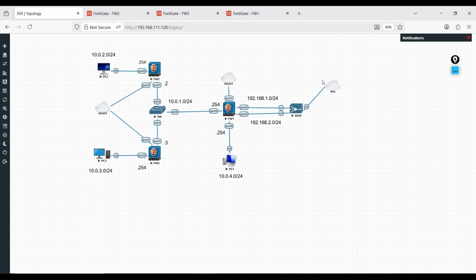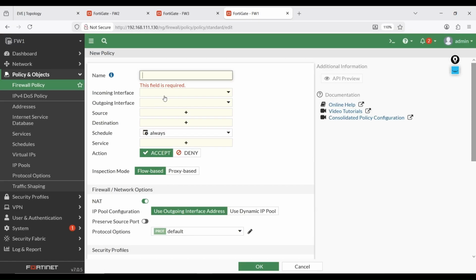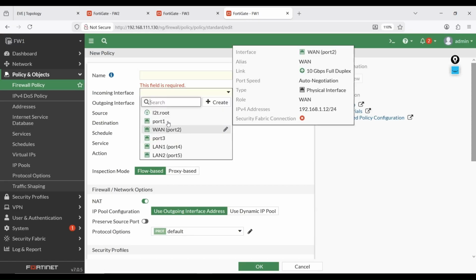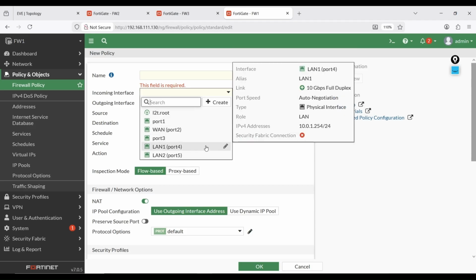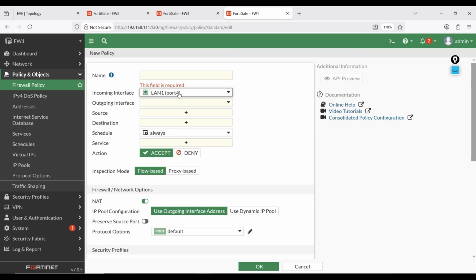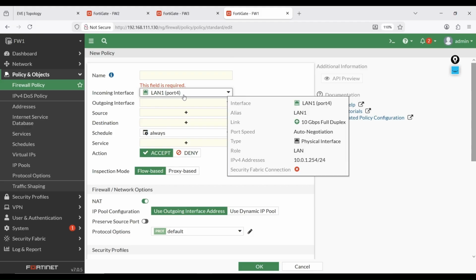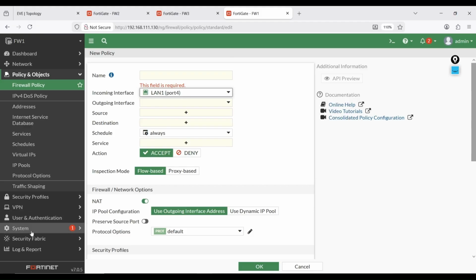If we want to communicate to the internet, we have to allow two policies, like port 4 to the internet and port 5 to the internet. So rather than applying two policies separately, we can put both ports in a single policy. Initially you will see there is no option to put two ports in one policy. Here you can see I can only select one port, but we have an option here.